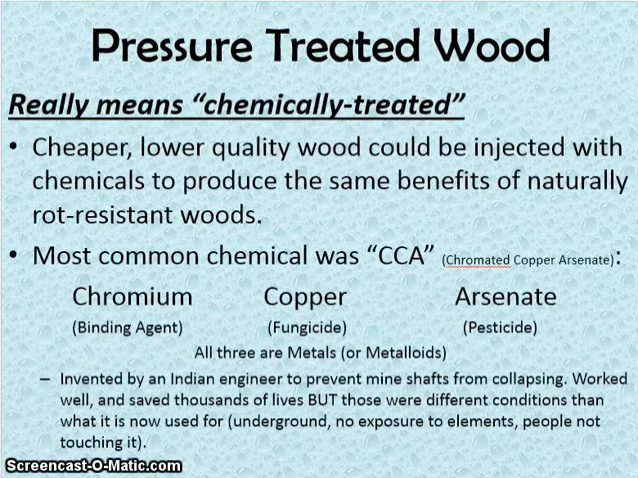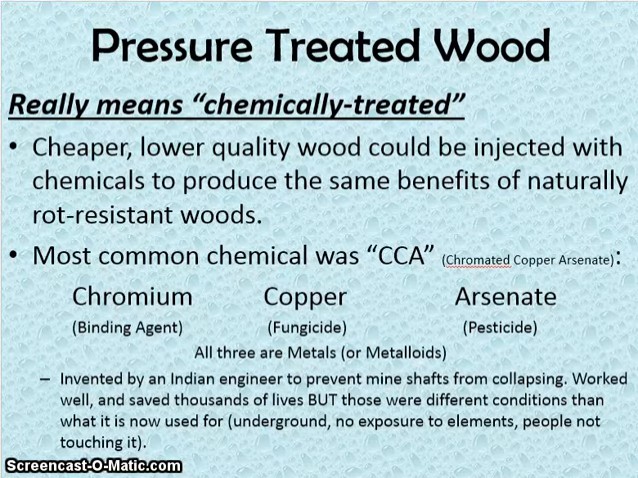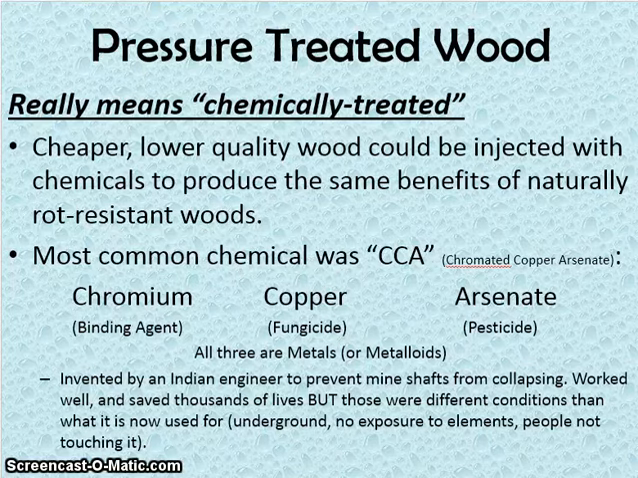Pressure-treated really means chemically treated. Cheaper wood could have the same rot resistance if it is injected with certain chemicals. In trying to find a solution to frequent mine collapses, an inventor found a way to chemically treat the wood beams that held up the walls and ceilings of the mines. It worked well for that situation because it saved miners' lives, and the miners weren't in physical contact with the